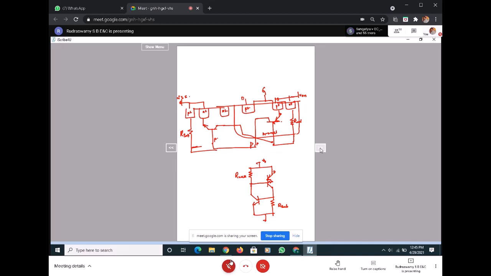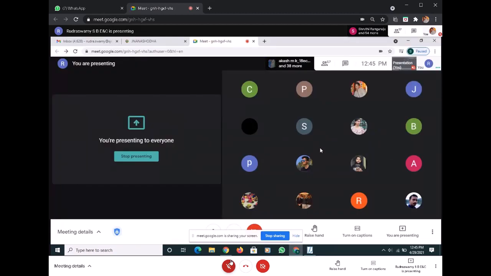So P and N form two paths, one with respect to the P type from VDD and another path through R1. Similarly, from VSS, I have one path through R sub and another path to the N terminal of the NPN transistor, and then you know how the base of this is connected. Yes, any clarifications? If no clarifications,